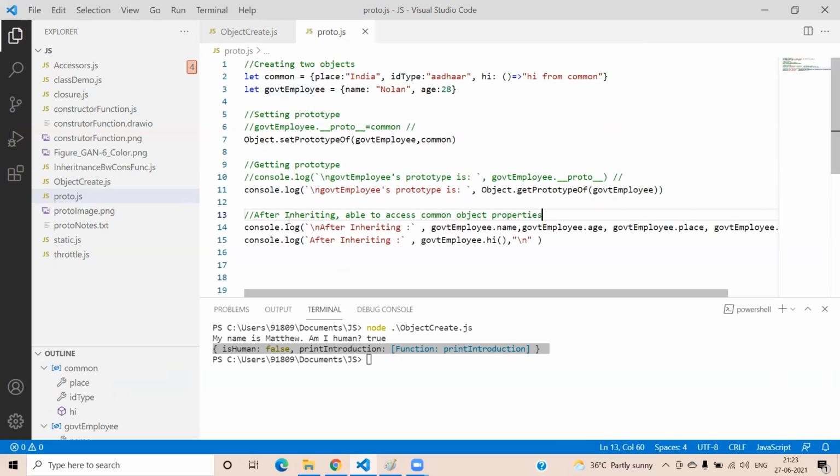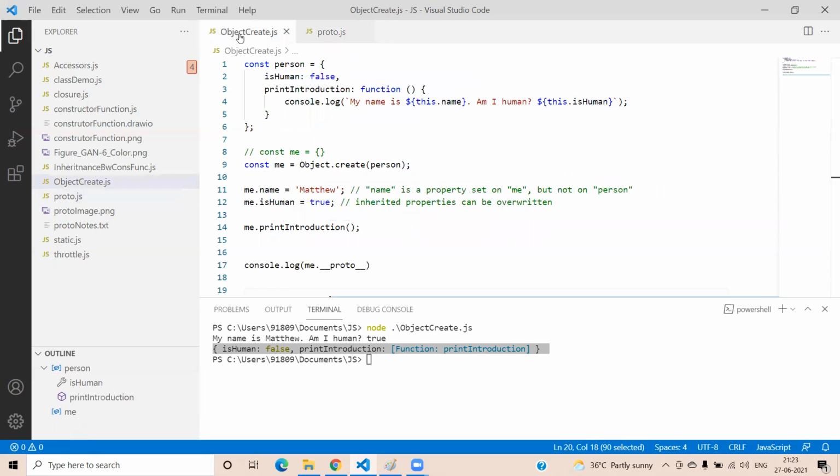But compared to these methods, setPrototypeOf or __proto__ will be working on an existing object. That means you need to give the existing object, then set up the prototype for it. But here in Object.create, in a single statement, we are creating the empty object and at the same time setting up the prototype of the empty object. Then why do we need this? We are going to see in the coming video the inheritance between constructor functions.